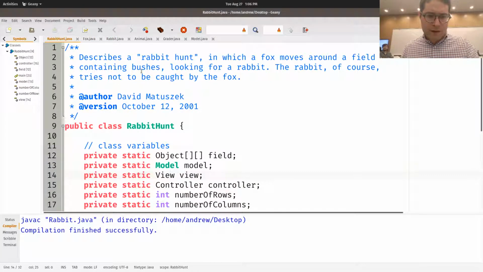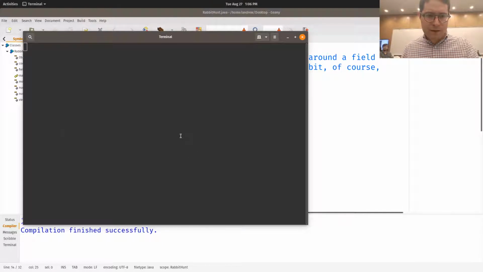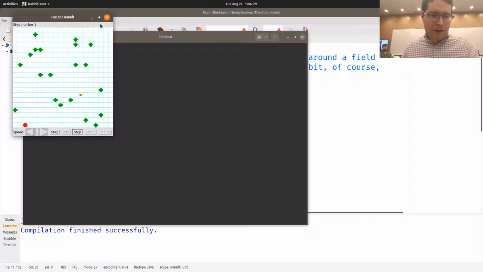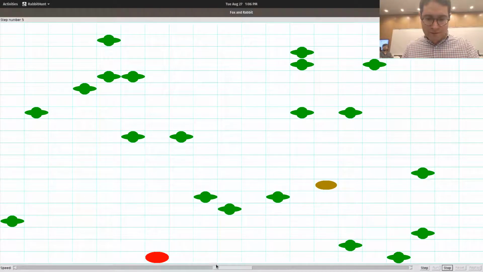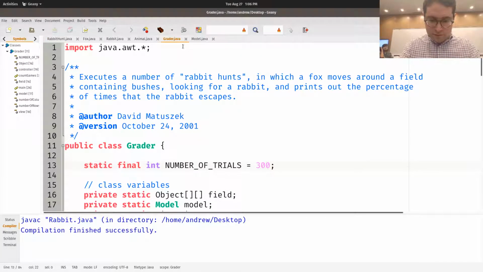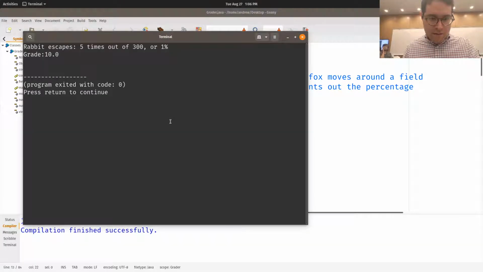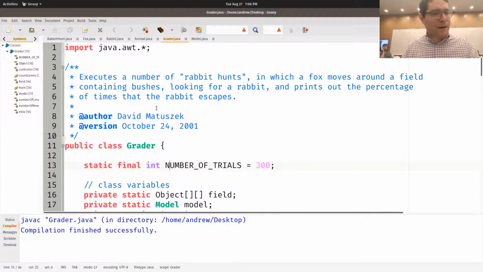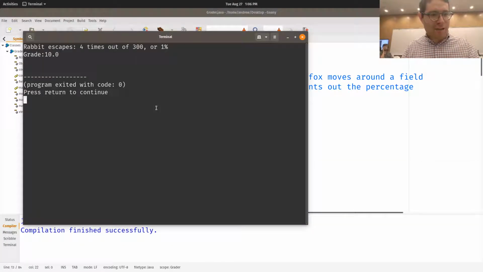So now, if I just simply stay put, well, I'll probably die a lot still. Okay, but now notice he's not doing anything. So let's go to greater. Run the greater. Slightly better. You escaped 5 times that time. 4 times. 6 times.